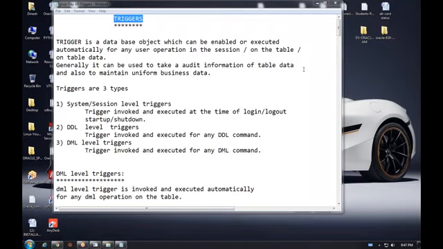Packages are useful to group the procedures and functions together. If they are grouped,